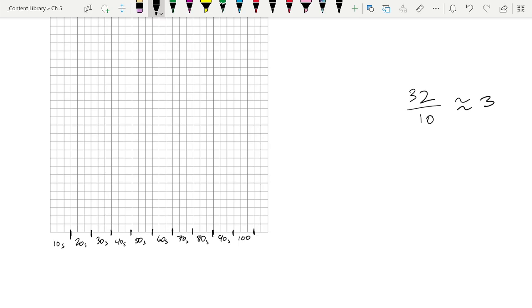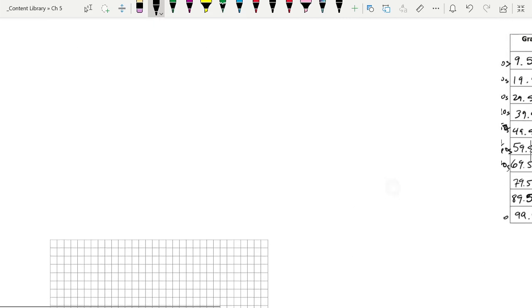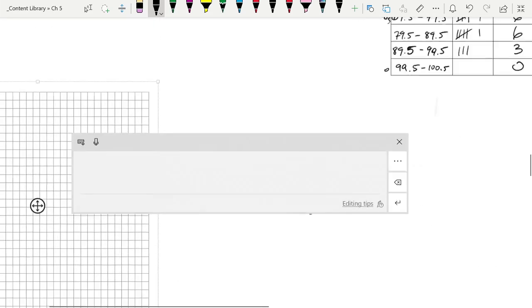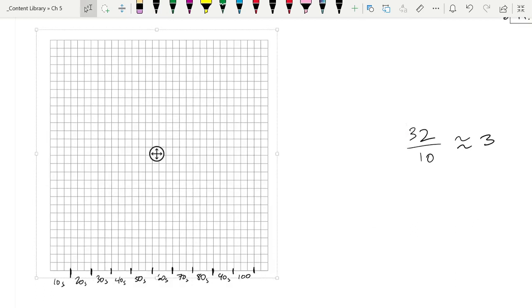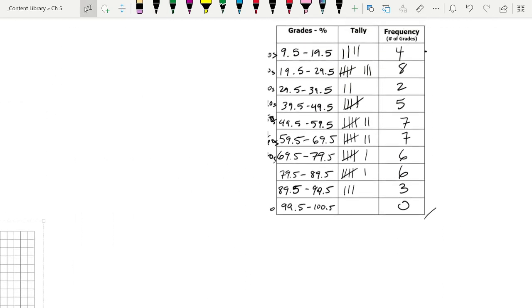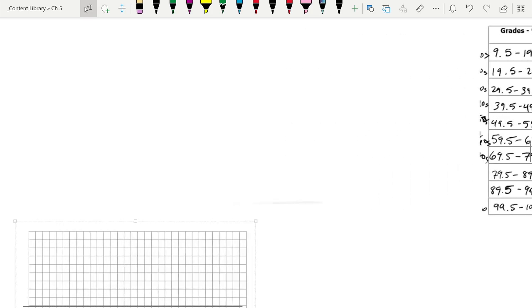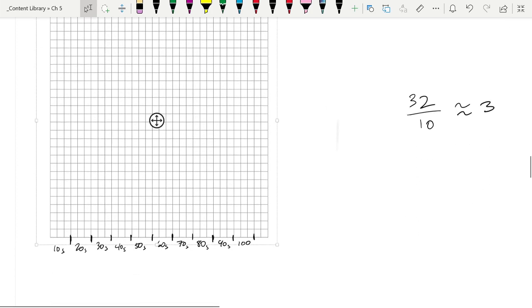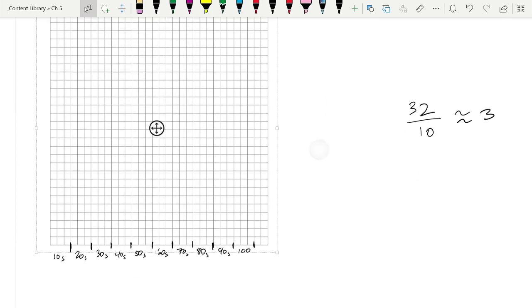Okay, now, how high should we make this? Go back to your chart. What's the most that any particular group got? 8. There were 8 people. This is not a strong class that Miss Potter has here. There were 8 people in the 20s. So 8's the highest thing. Once again, I've saved you the trouble. I've counted up and down here